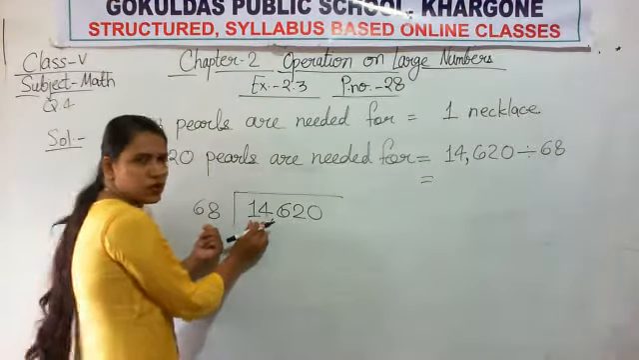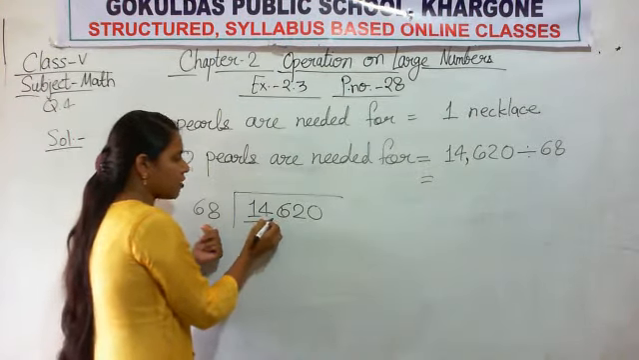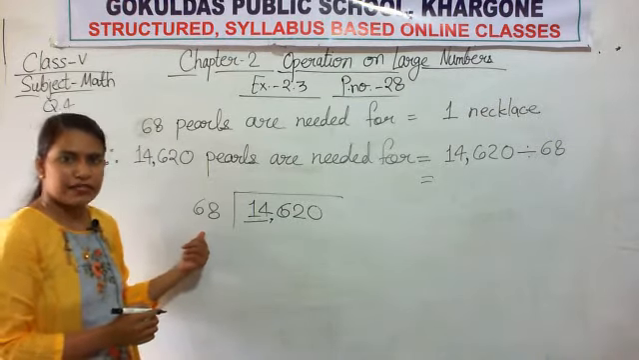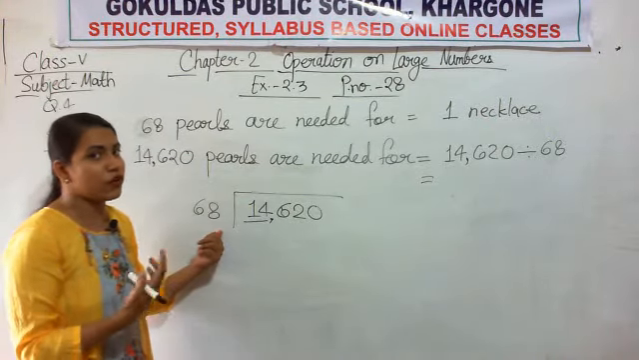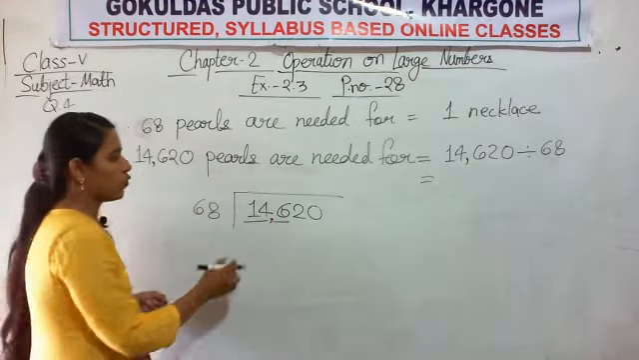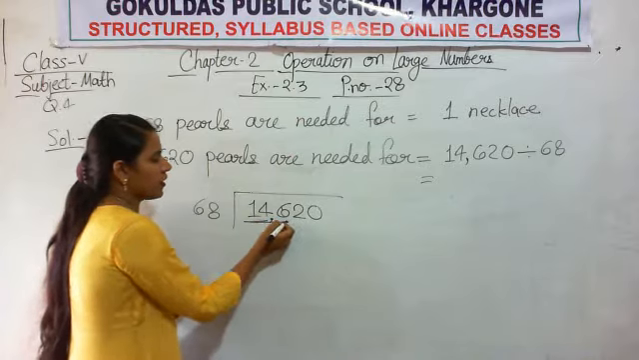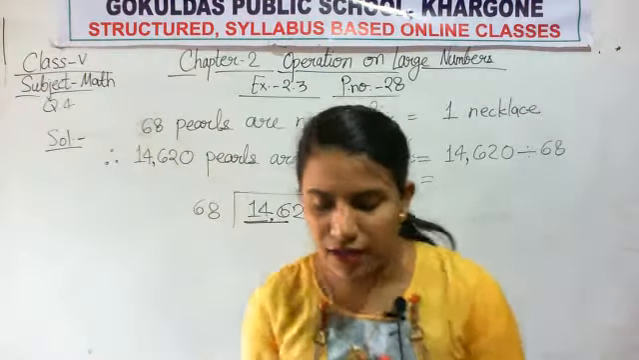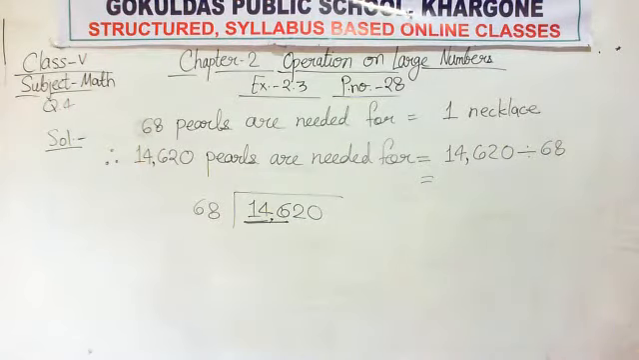Here your divisor is of 2 digits. So you will choose the 2 digits of the dividend, but these 2 digits, 14, are smaller than 68, so you cannot divide the number. Now you have to take the neighbor digit also. So you have to take these 3 digits. Now